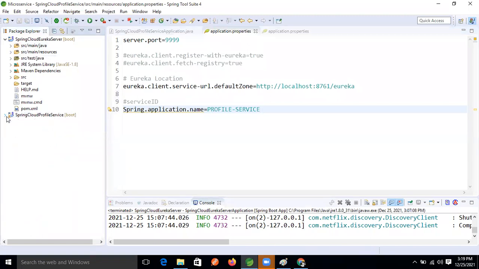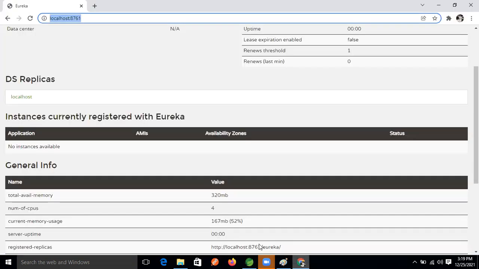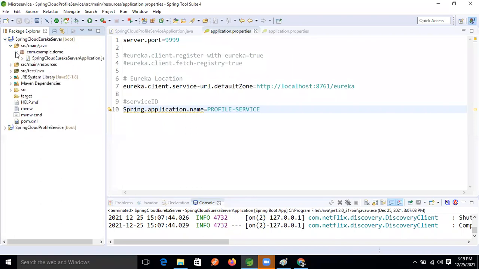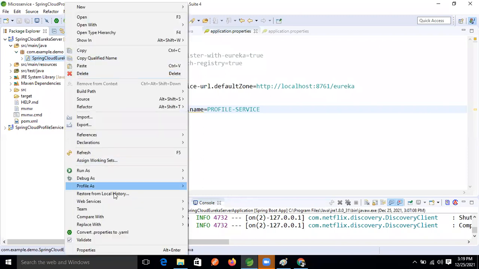Again, let's see our Eureka dashboard. Here there is no instance now. Is any instance running now? No. So first I'm running the Eureka server. Right click, run the Eureka server.